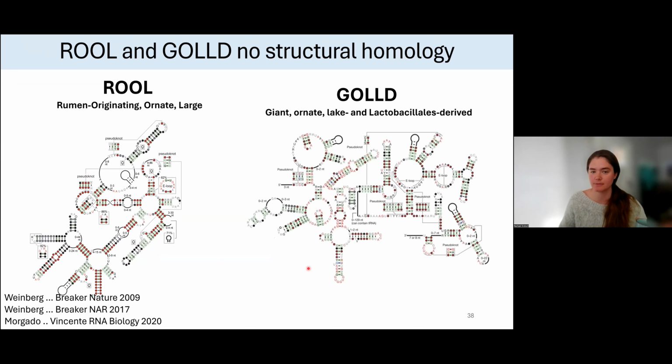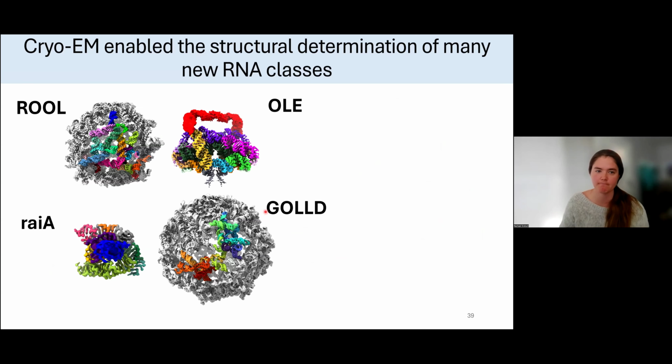Based on the secondary structure, there was no reason to believe these would have a conserved three-dimensional structure. But it turns out they do, and there's some sort of convergent evolution here for both of these sequences to make nanocages. I won't have time to discuss some other structural classes that we were able to solve with cryo-EM,